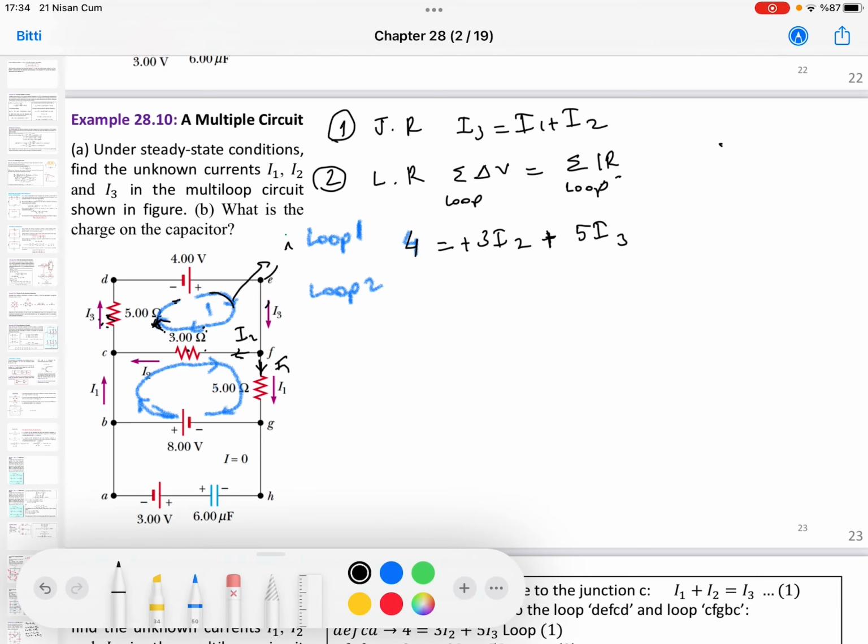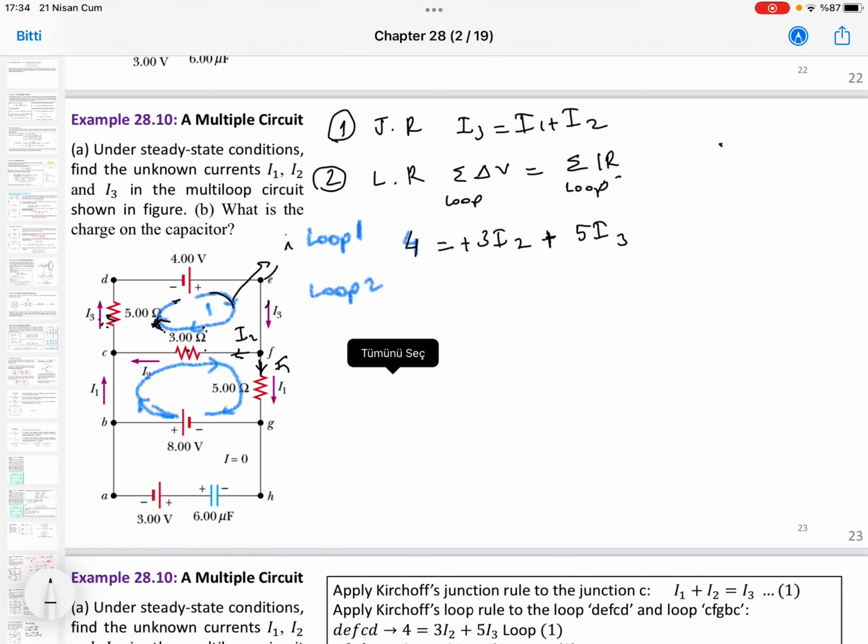First I will start with the battery part. I have 8 volts. Is there any other battery? No, there isn't. So I can complete this part. Total loop, current multiplied by resistor. So I will continue with my loop. I will come here and then